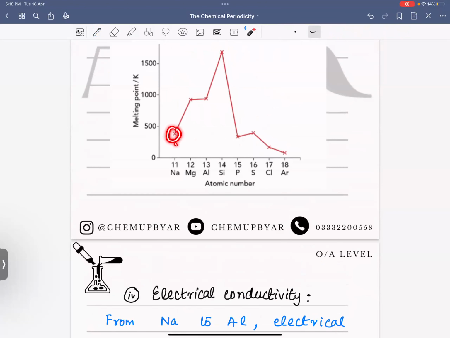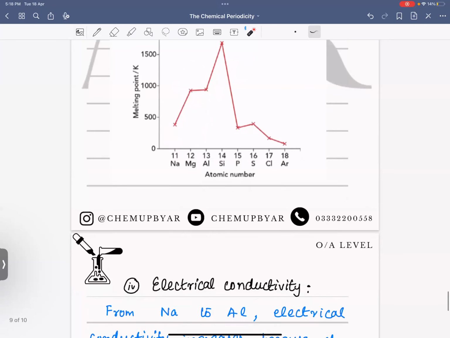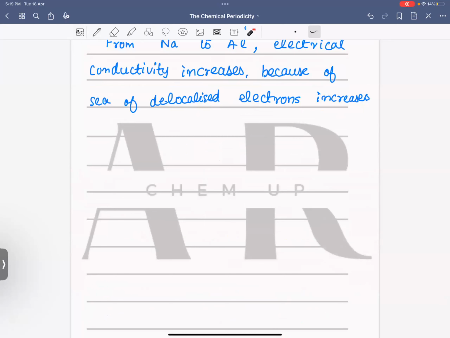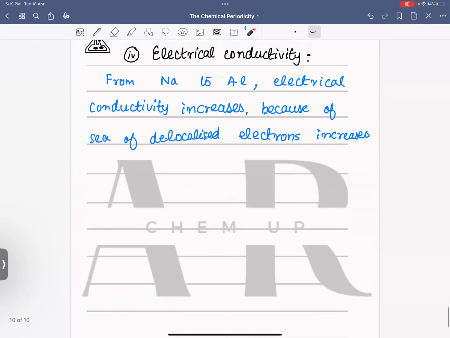See, when you move from sodium to magnesium, the difference actually doubles. But when we move from magnesium to aluminium, the difference is increased by just half of magnesium charge. So that's why there is not that much greater difference between the melting point of magnesium and aluminium. Is this clear? Yes, sir. Okay. So the electrical conductivity graph